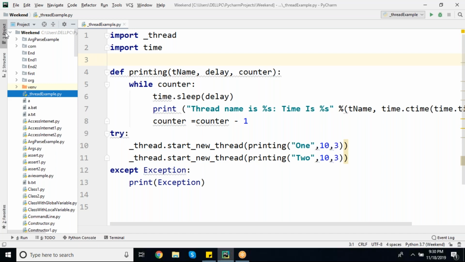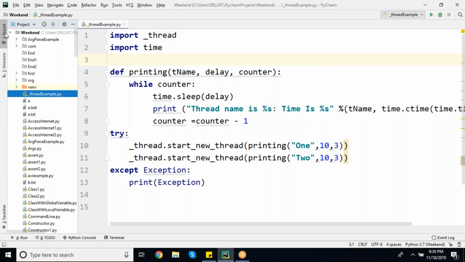Actually, whenever I say thread, as per the rule of any technology, it should follow certain life cycle methods. But underscore thread is not following any life cycle methods. We just start it, it performs, terminates and comes out.